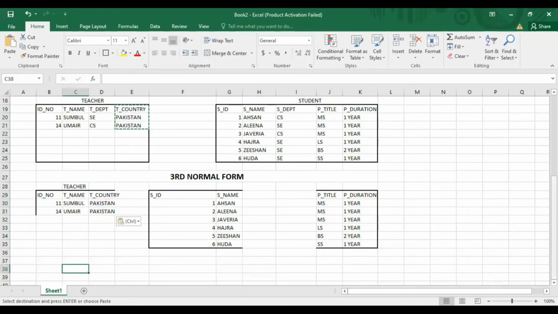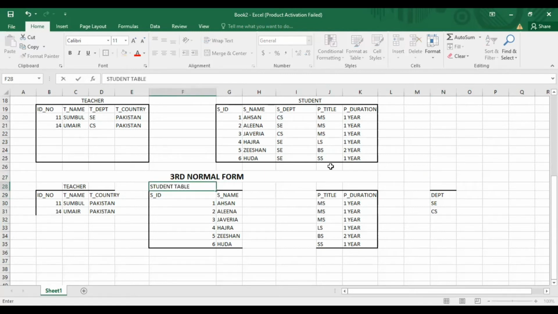Now what is remaining is department. Teacher department and student department are the same, so write this only one time. We will create relations only for department. Okay, this is the student table. This is the project table, and this is the department table.